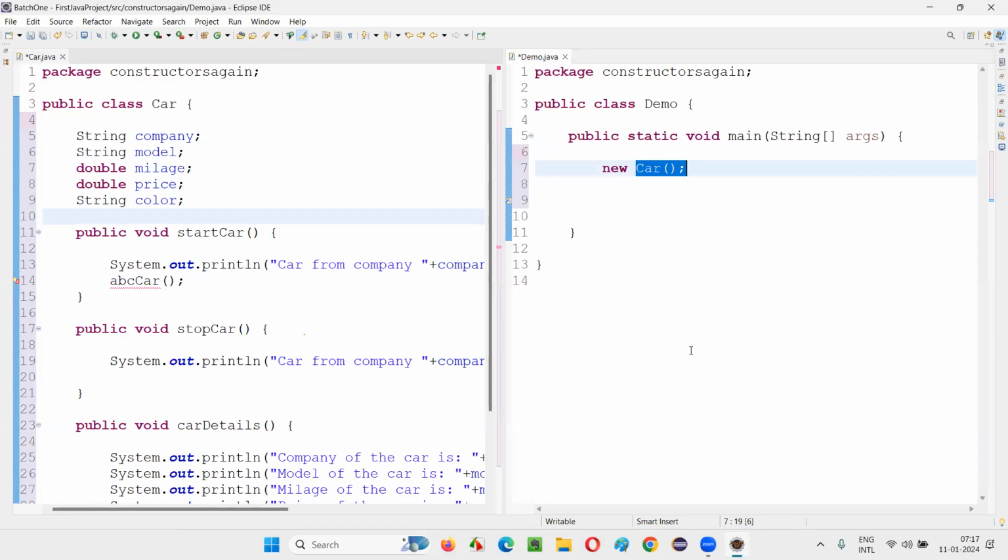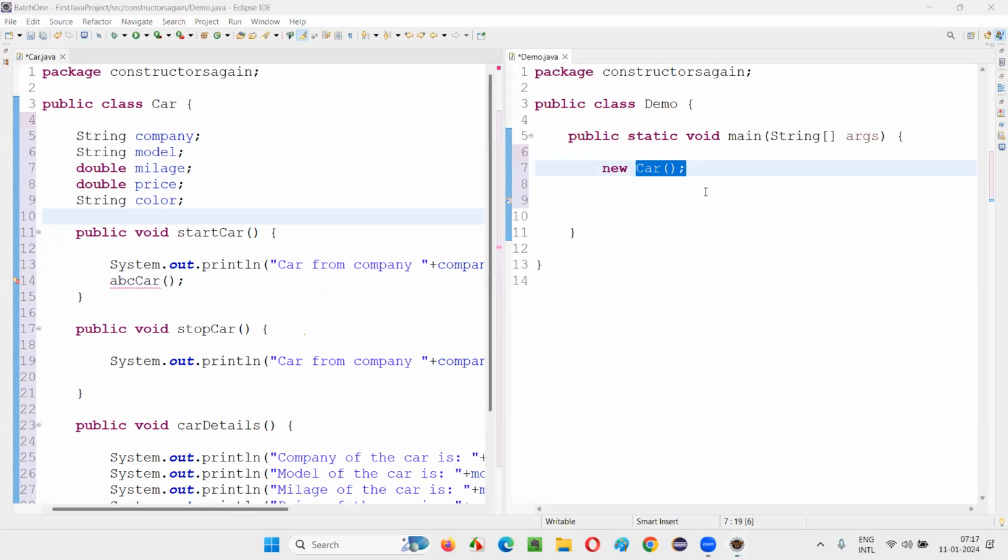Able to understand this? I'm not getting an error. Even though the constructor is not there, I'm not getting an error. But if the method is not there, I'm getting an error. The constructor is not there, and I'm not getting an error. Why? It should give me an error, right? But it's not.